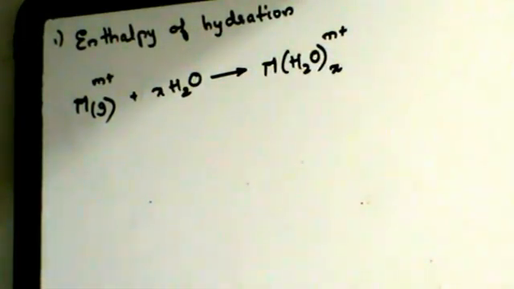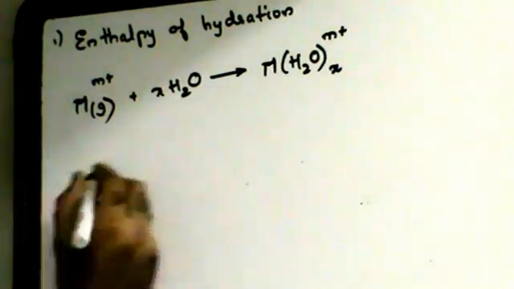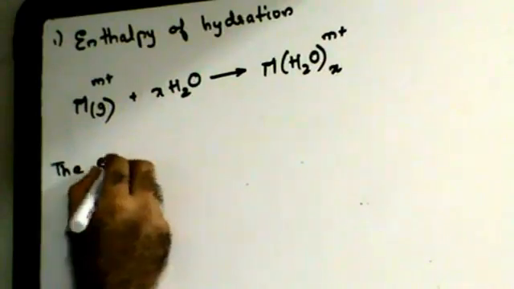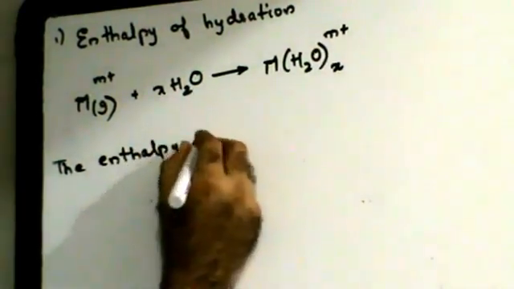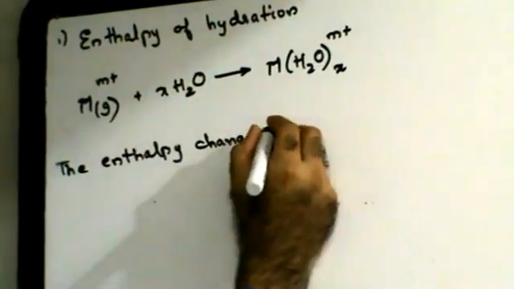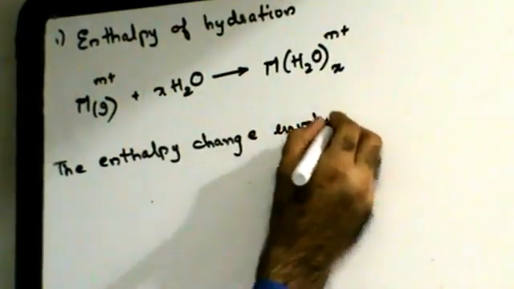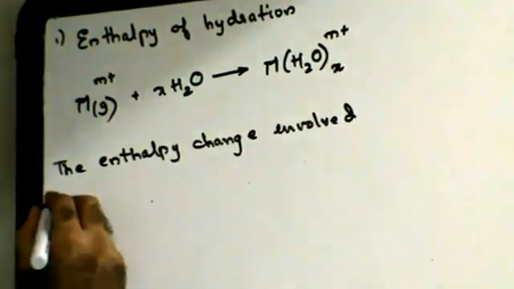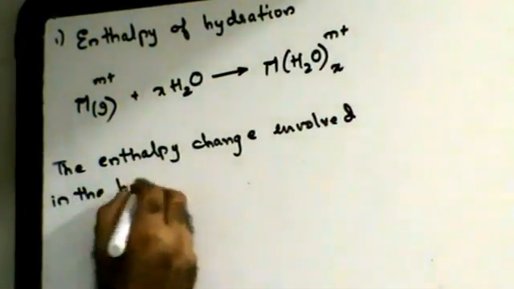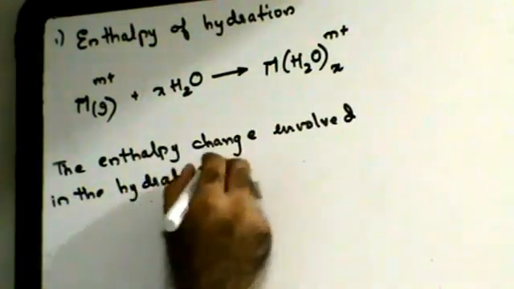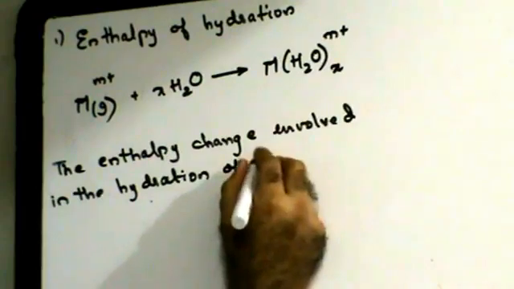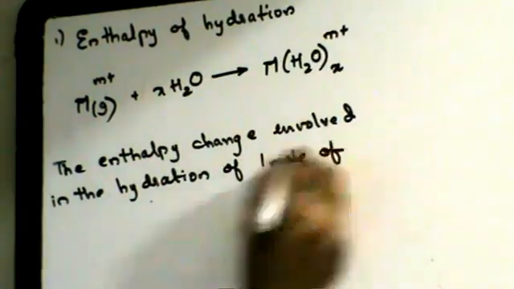What is enthalpy of hydration? It is the amount of energy required at constant pressure for a gaseous ion to react with water. Simple. Fine, do we understand this? So what do we understand by enthalpy of hydration? Enthalpy of hydration is the enthalpy change involved in the hydration of 1 mole of gaseous ion,